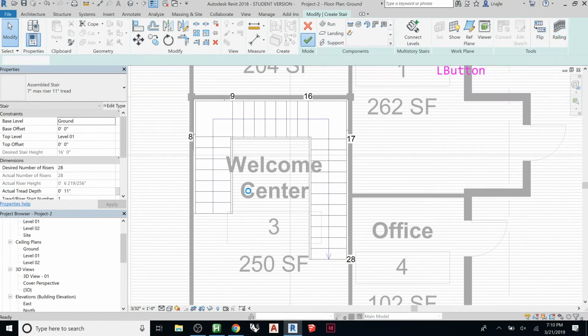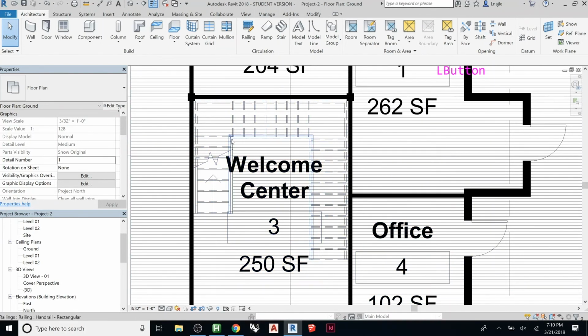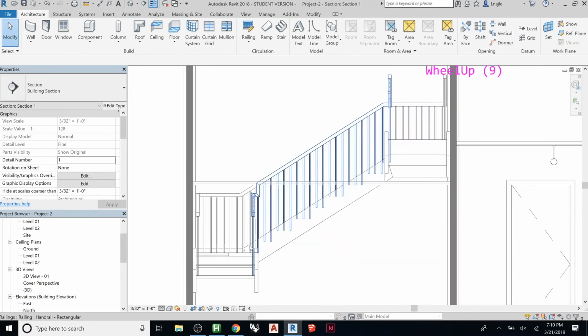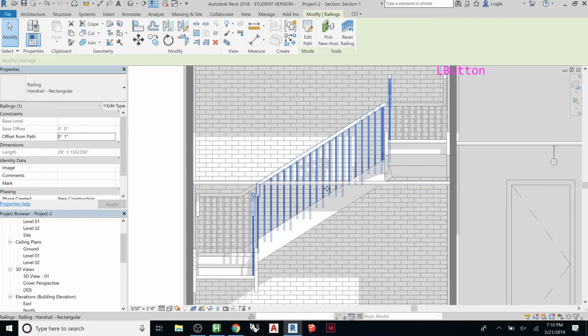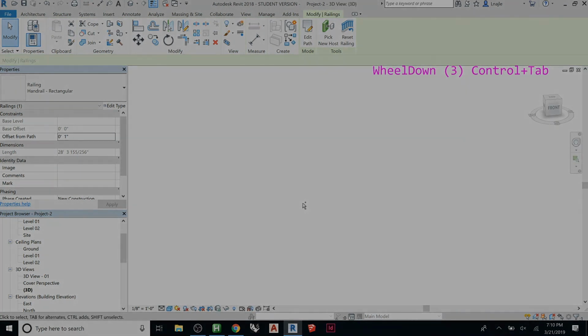So let me just accept this, and it's giving us a warning that says the rail is not continuous, breaks in the rail usually occur. So this is just telling us that it had to break that. And by code you'd get in trouble, but that's just something that the model is doing. So if we zoom in there, you can see something weird's going on there. So the minimum width is 14